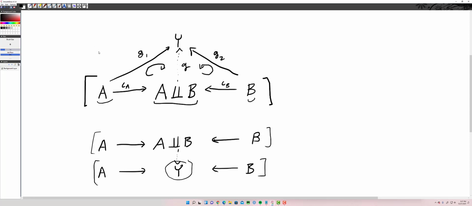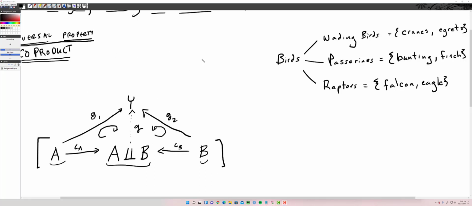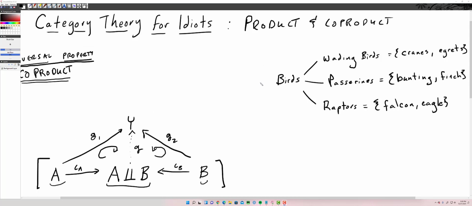Okay, so I'm going to pause this. We're going to come up with an example here. I'm going to use this as an excuse to introduce another example for the coproduct, because to me it's the far more confusing construction. Okay, so here's what I've done. Johnny went birding or bird watching. Okay, and his birding list, the list of birds he saw,